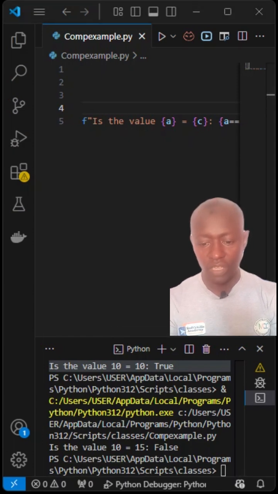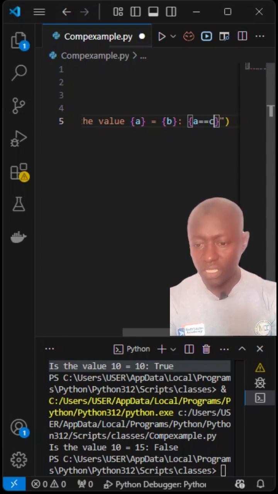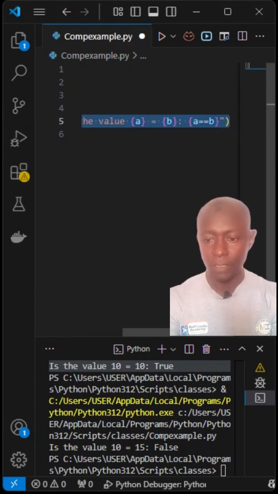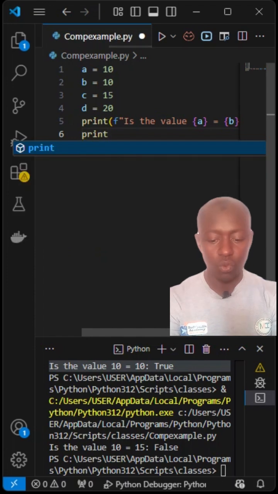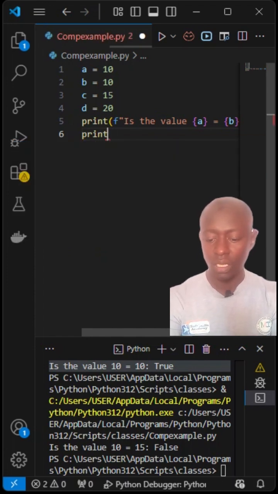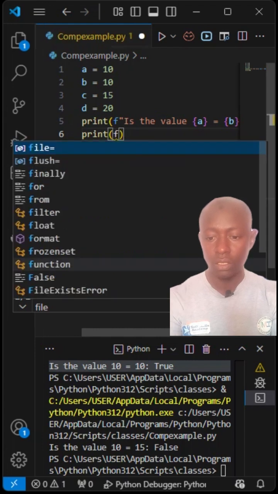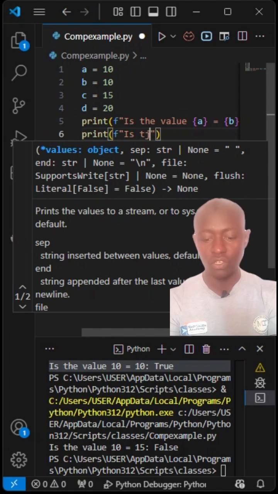For this very purpose, we are going to have another scenario. Let's return this to B, please. Return this to B. So we are going to have another print statement. Like we said, print again. We have open and close brackets. So we have our f-string function, we have our double quote, we said is the value